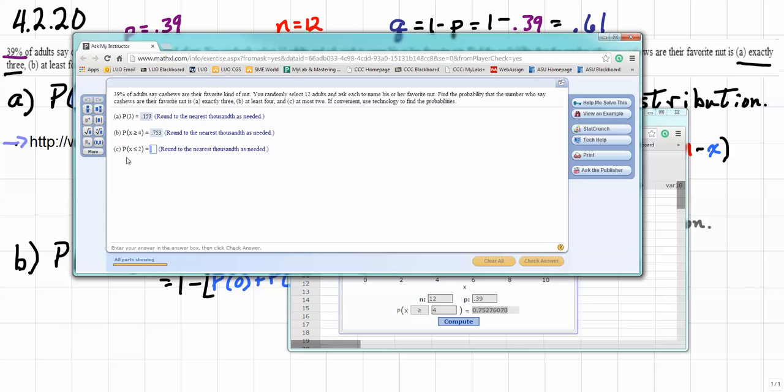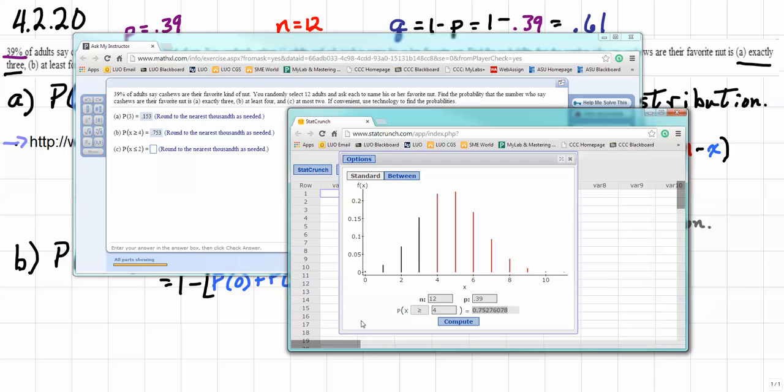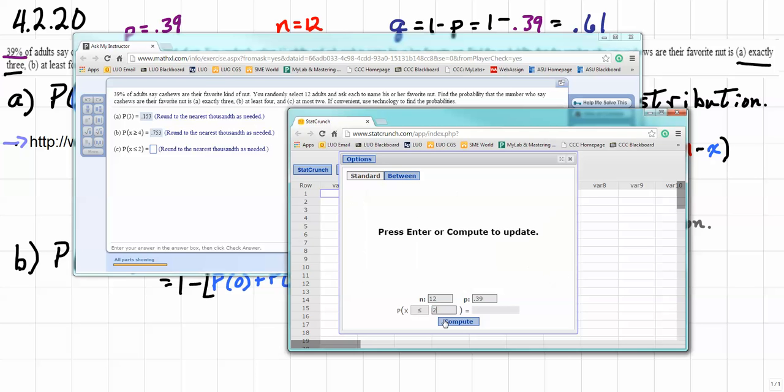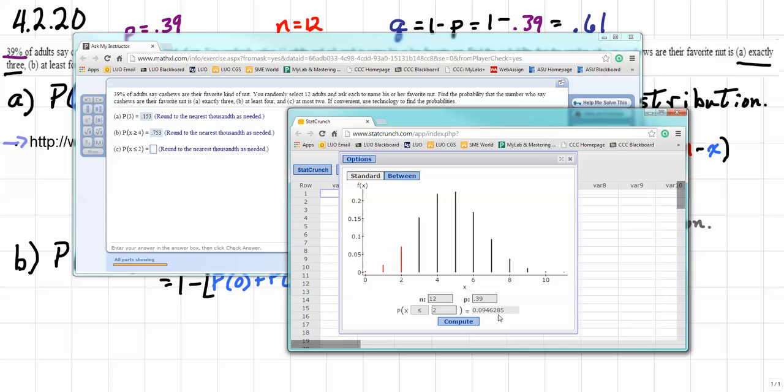Now, same thing, we can do the probability that x is less than or equal to 2. So we still have the calculator up. We don't change the 12. We don't change the 0.39. We do change the direction of the inequality sign to less than or equal. And then we're going to change the number to 2. Left click compute. And this is our answer,